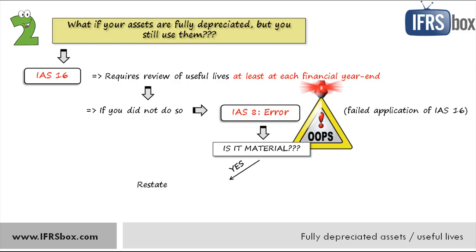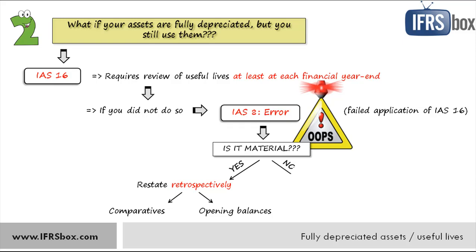So if the error is material, then you really need to correct it retrospectively, not in the current reporting period when you discovered it, but go back. You should do it either by restating comparative amounts for the prior period presented in which the error occurred. Well, this is the case when the error happened last year, basically. Or, if this error occurred before the earliest period presented, then you should restate opening balances of assets, liabilities, and equity for that earliest period presented. Well, again, we'll solve this example in a minute.